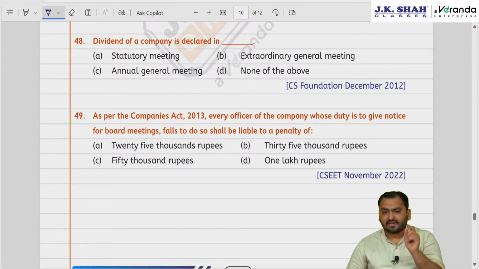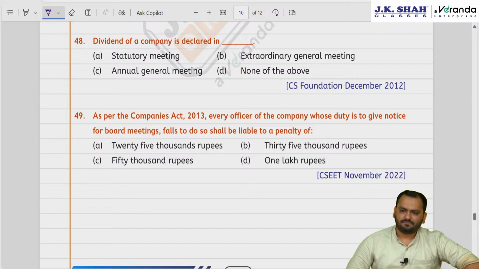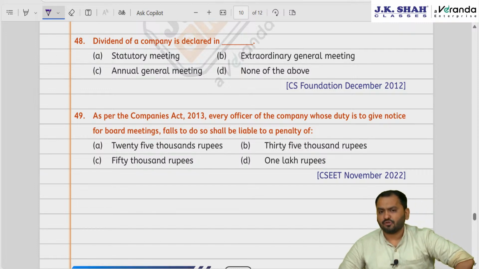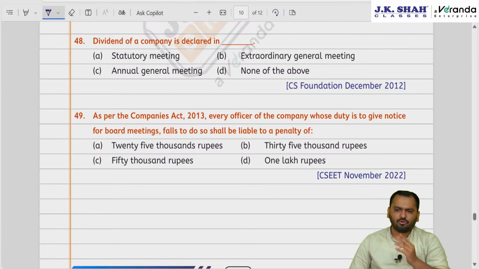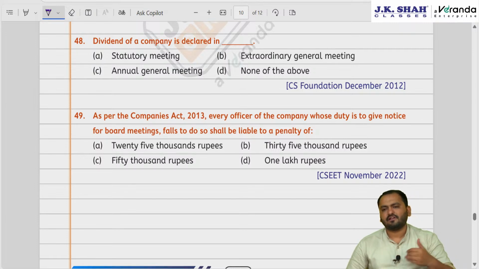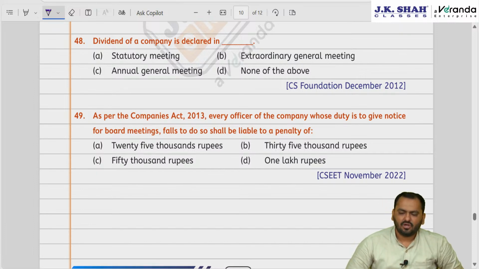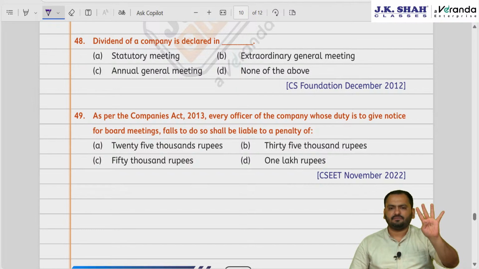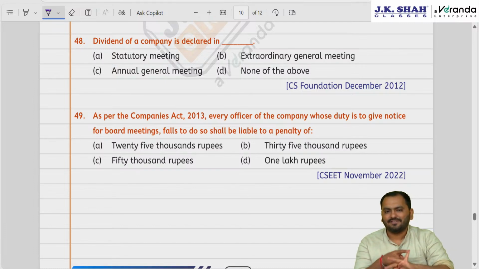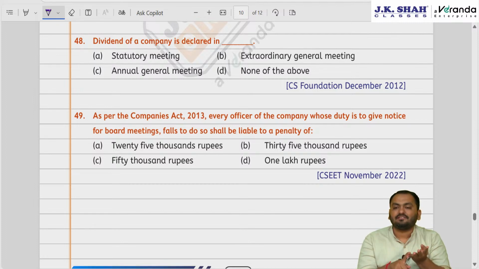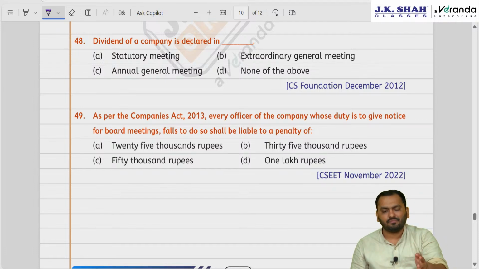You know, dividend is declared by the shareholders. Yes, dividend is declared by the members of the company, shareholders of the company, in the annual general meeting. You know, today while revising I told you, what is discussed in AGM? Only ordinary business is discussed in AGM. Ordinary business means what? Only 4 things. That is appointment of director, appointment of auditor, adoption of financial statements and declaration of dividend. So declaration of dividend is an ordinary business of the company and it is declared by the shareholders.